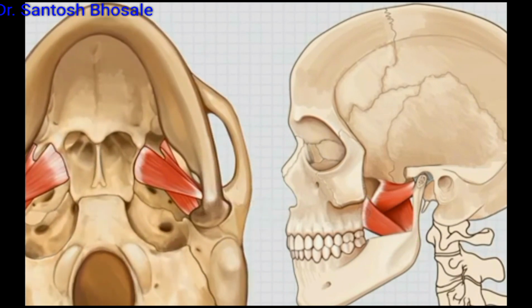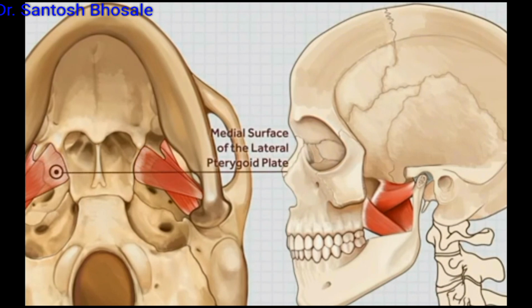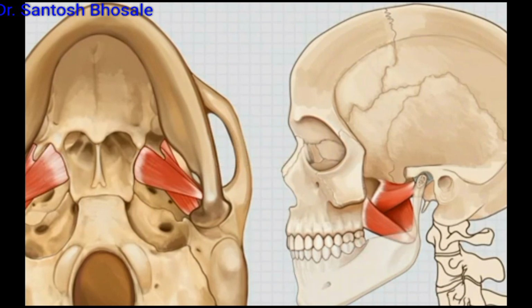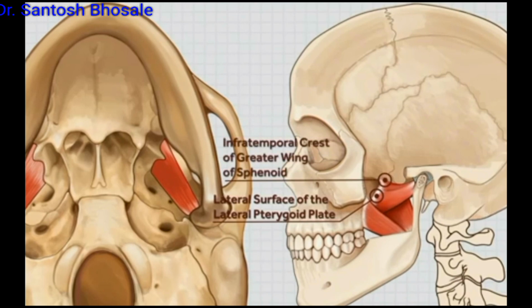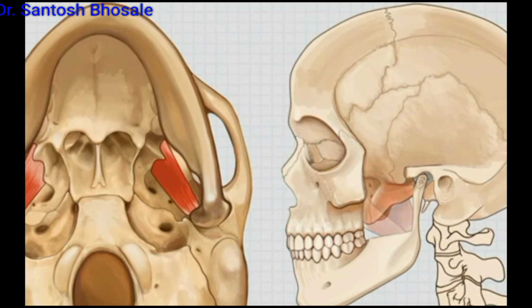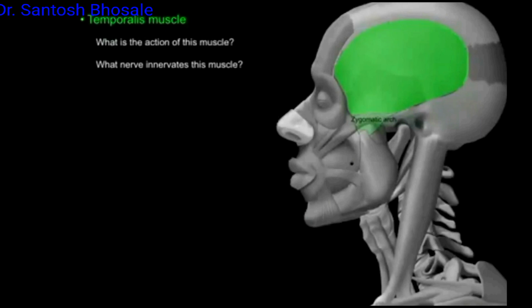You can see the medial pterygoid coming from the medial surface of the lateral pterygoid plate and maxillary tuberosity. Both the heads run downwards vertically and insert into the medial surface of the angle of the mandible, whereas that is the lateral pterygoid. Upper head comes from the sphenoid, lower head comes from the lateral surface of the lateral pterygoid plate. You can see the upper head, and both the heads join and form a tendon, inserting into the pterygoid fovea there in front of the temporomandibular joint.